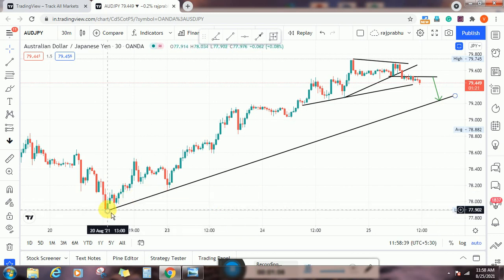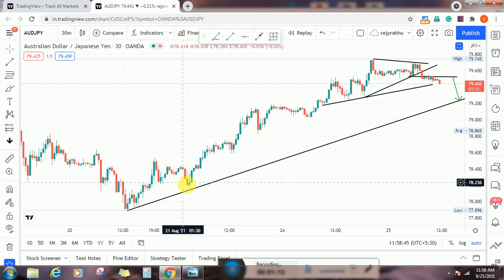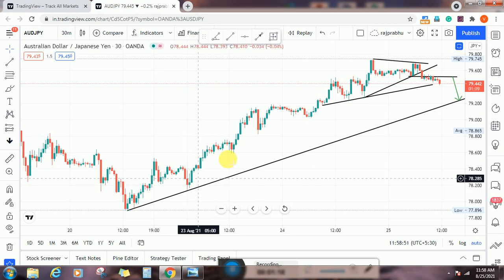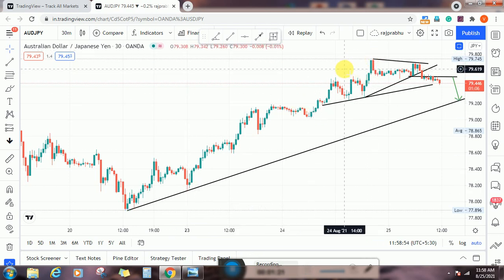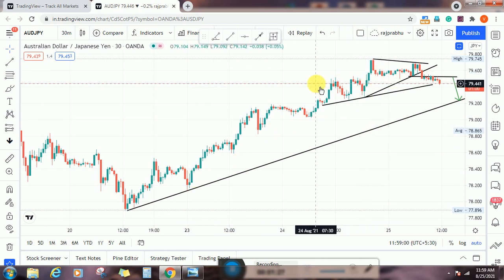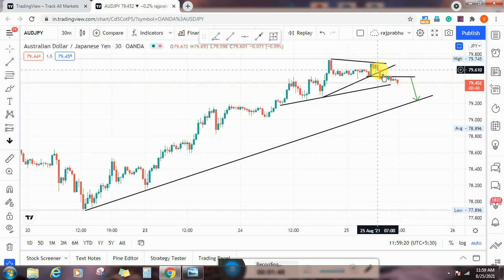Because first of all, the trend. I have already shown many videos on this: a trend line is very important to find the trend. See, it takes support a second time, and then the price moves upside, but it does not take a third support, but the trend is very strong. Whenever you see the trend is very strong, it may reach the high. See here, it is a resistance. The first resistance is this. The price is slightly falling, and then it tries to break this level, but it does not break. It fails to go down.